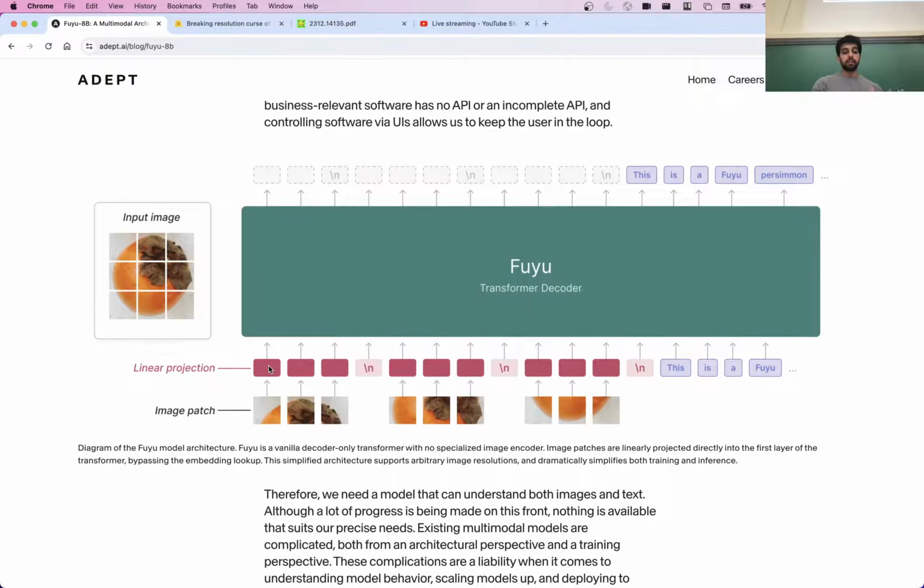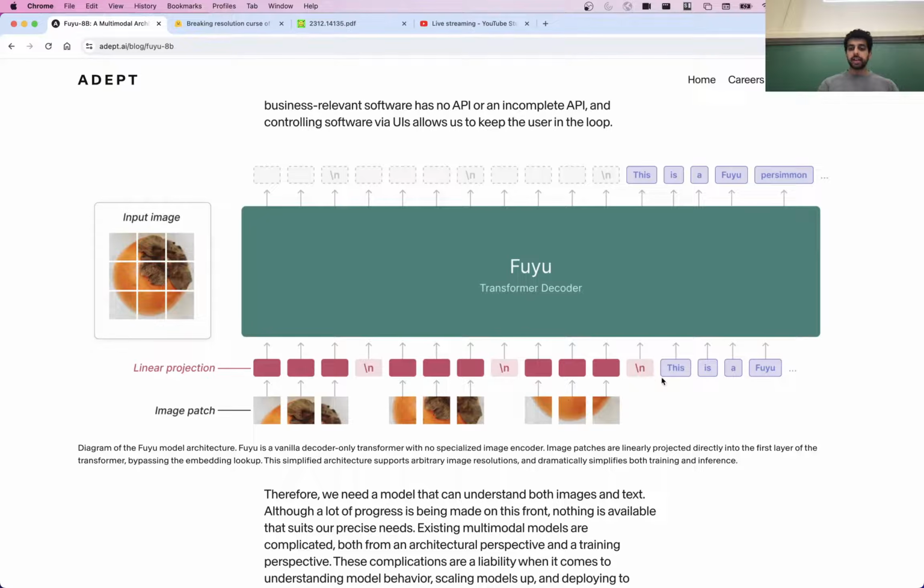As some of you noted, you will still have this problem if you're using patches that this patch and this patch are kind of far away from each other when you do the linearization. So they actually decided to add a special token at the end of each row of the image, like an image newline character that indicates that we're moving on to the next row. Probably this is useful in guiding the model to attend from this patch over here more closely to a patch right after the newline character.